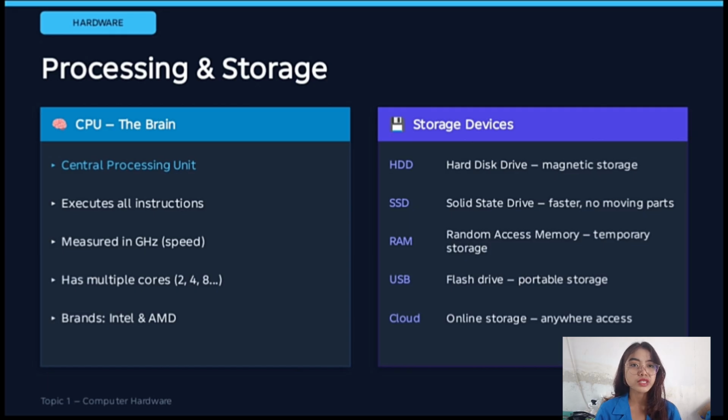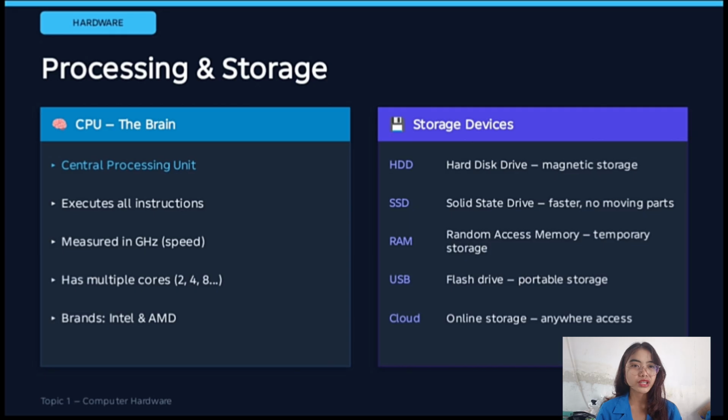The CPU speed is measured in GHz. The higher the GHz, the faster the computer. Modern CPUs have multiple cores, for example 2, 4, or 8 cores. The most popular CPU brands are Intel and AMD.